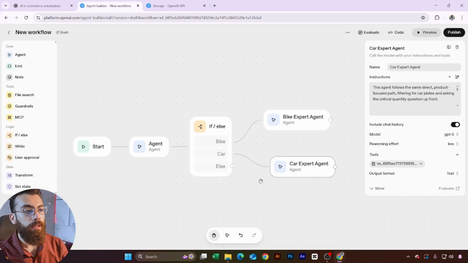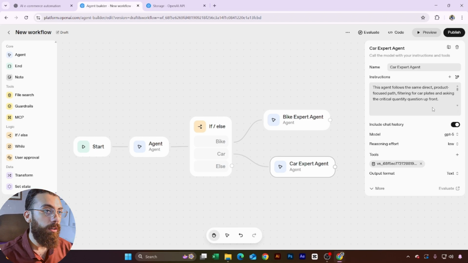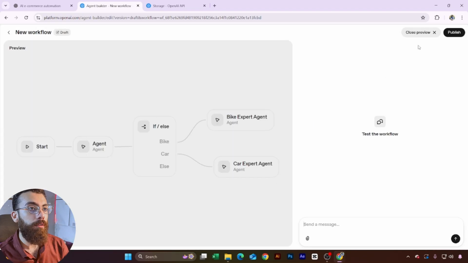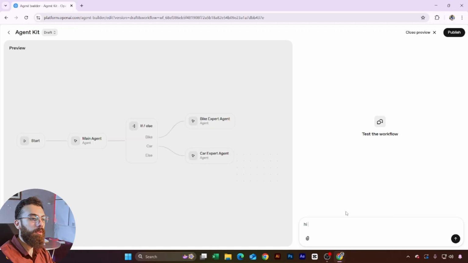Okay, so I have added a file and a set of instructions for both of them, and the output is set to text because we just want text. We don't want to differentiate or do any other automation in these. So I will just click on preview and it will open a tab where you can just chat with this agent. Okay, let's type, hi, I want